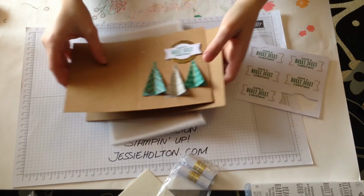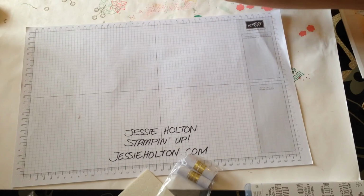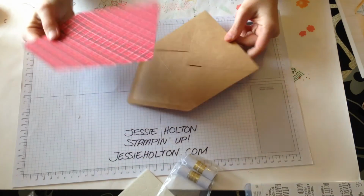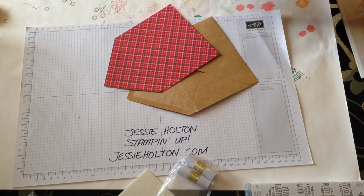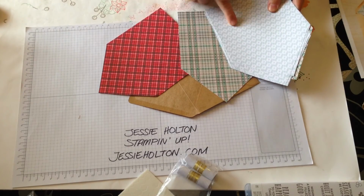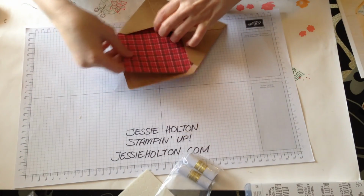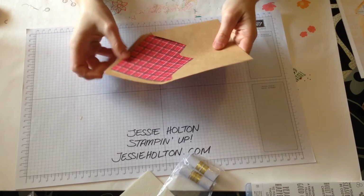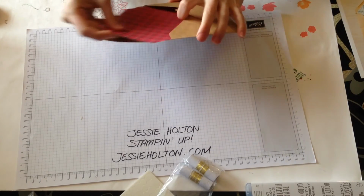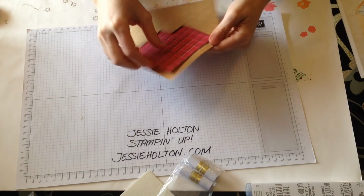The last thing that I'm going to show you is the envelope. So the easiest way to do the envelope, they all come separately, so you get 6 of each design, and they match the cards that they're meant to go with. So get your envelope, push the insert all the way down inside, and once you've got it nice and flat down on the inside,